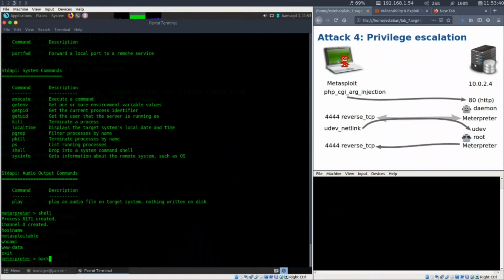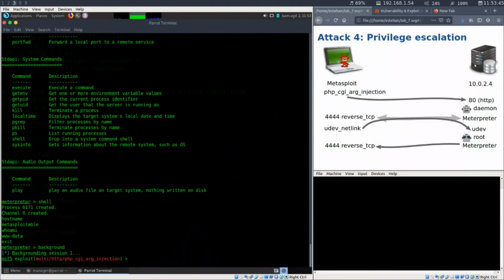With background, we send the session into the background, not closing it, and now we can load the new exploit. Use exploit Linux local udev